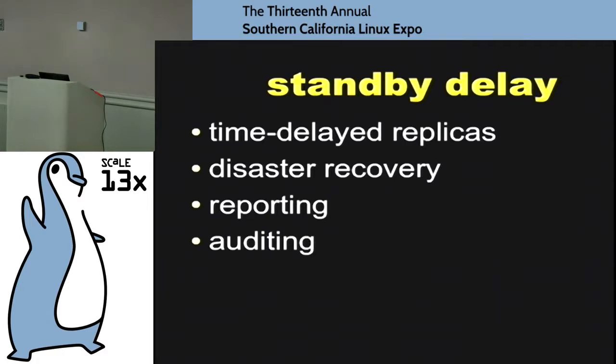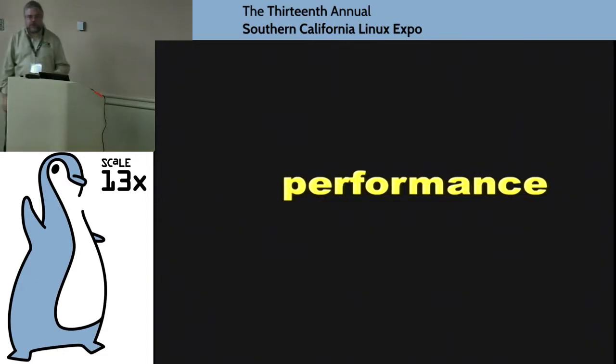Or simply for an auditing system, you have an external system that constantly compares the versions of stuff on the replica with the versions of stuff on the master in order to implement certain kinds of auditing. And so this is now an actual feature that you can just set in your replication configuration.